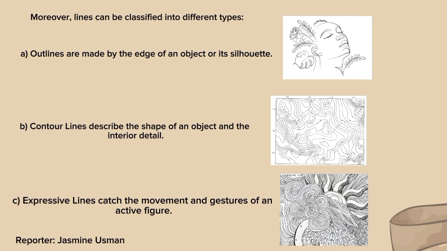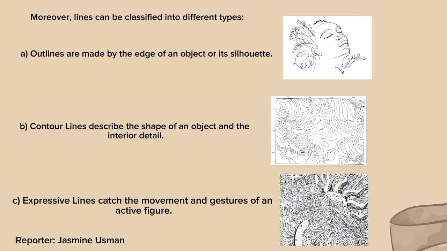The first one is the outlines. Outlines are made by the edge of an object or its silhouette. It means that the outlines delineate the outermost boundaries of an object, emphasizing its shape and form. In the statement, it defined the contour or perimeter of the subject, serving as a visual boundary that separates it